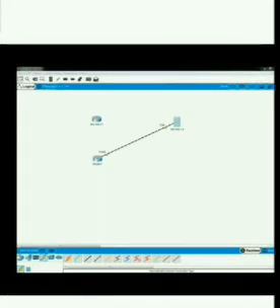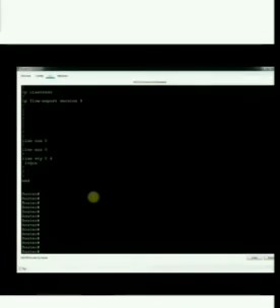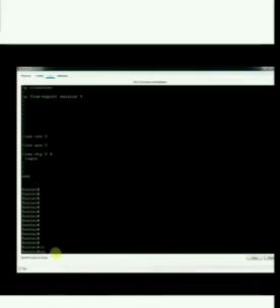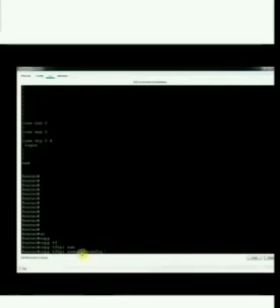I have already written the steps. Let me bring them here. I will show you what we need to follow to take the backup. So this is the router backup, restoring the router from the TFTP server. Here we have one procedure. We go into the router, then we run copy tftp running-config. So we are bringing the configuration from the TFTP server to the running configuration.